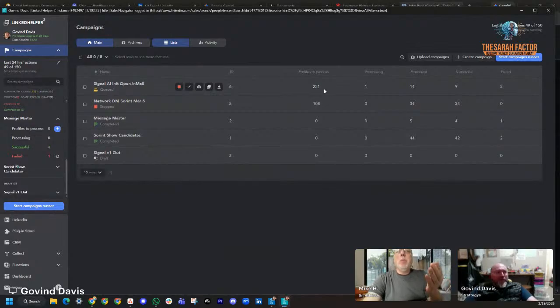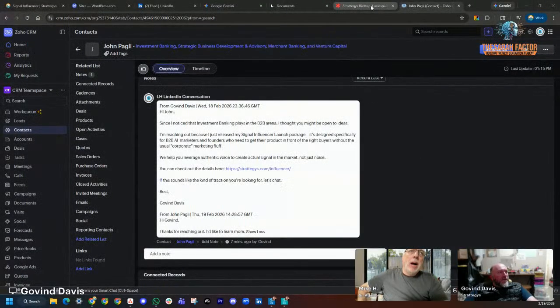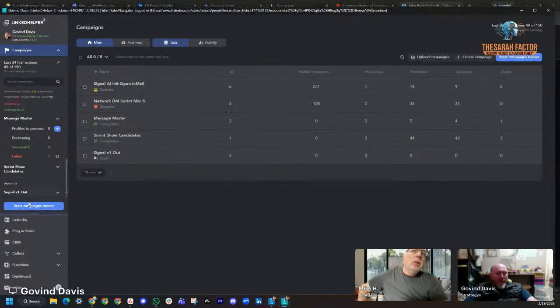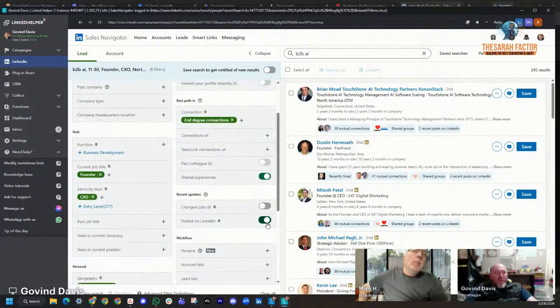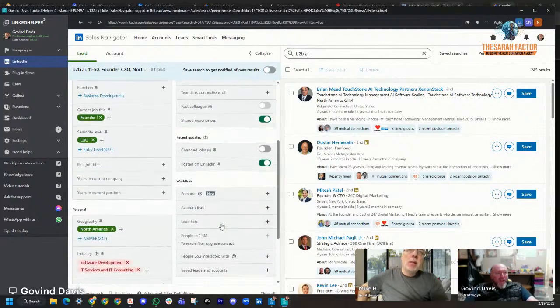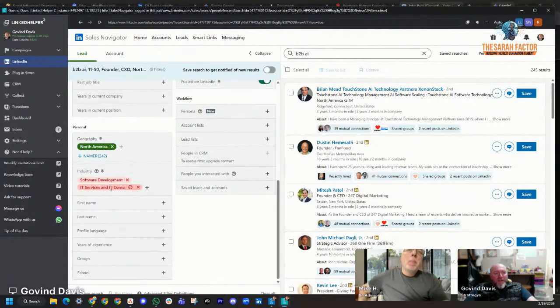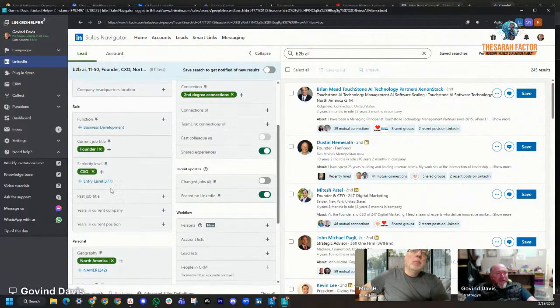Good. But what do you know about these people and their companies other than what you had on the Navigator? Well, what other data do you mean? They fit my search criteria. That's all I need to know. What is your search criteria again? The size of business, the location of the business, the role and title of the individual, and then what else? Yeah, second degree connection, shared experiences, posted on LinkedIn recently. Shared experiences is a good one. North America, not in software development or consulting, and that's it.